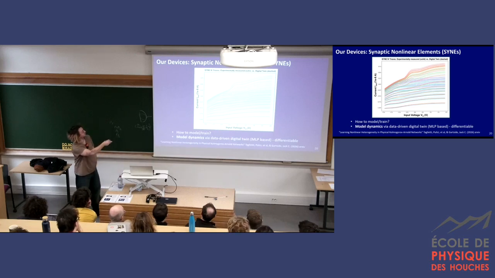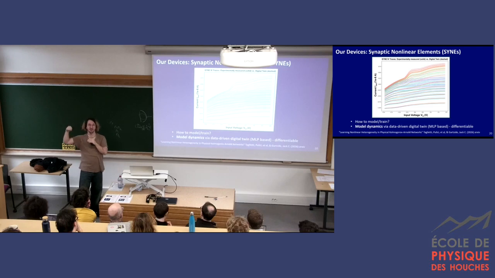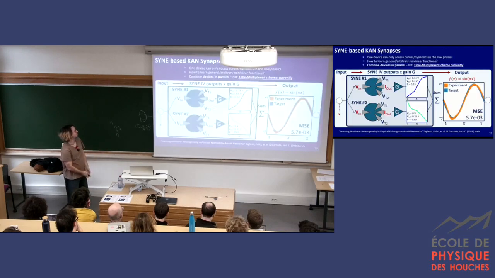So here we've got the solid, which is the real data, versus the output of the twin on some of the test set. And it fits pretty good. And the MLP you need is not so big. It's 3 layers, about 200 hidden neurons per layer. Cool, and we can differentiate that. So what we can do now is construct, in Python, a model with kind of sets of our digital twins representing each device, and see what we can learn.